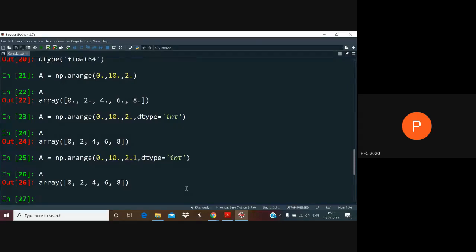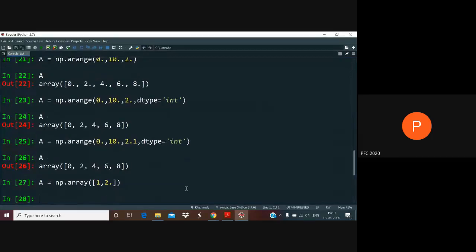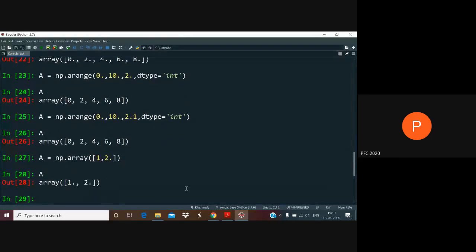Suppose I want to really do this. Not very useful at this stage, because all the advantage of numerical computation will be gone. If I did this, 1, 2 point, then it's pretty straightforward. The array that you will get is actually a floating point array. The 1 will be converted to 1 point. But what the question here was something like this.